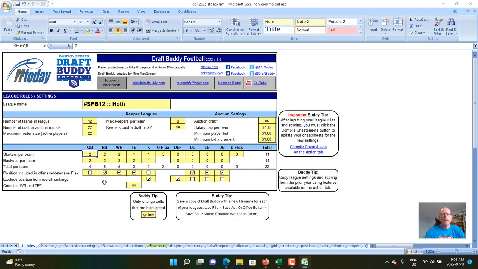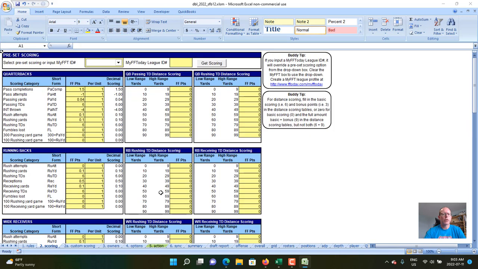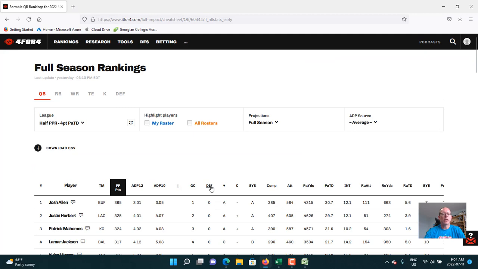Okay, but I've still got 11 total starters and backups here. So that's fine. So we've got the kickers. Now we're going to check the scoring here. Well, I know the scoring is going to change a little bit if I put in the first downs. So let's do the first downs, because that's a little bit involved. So the first downs, I'm getting data from